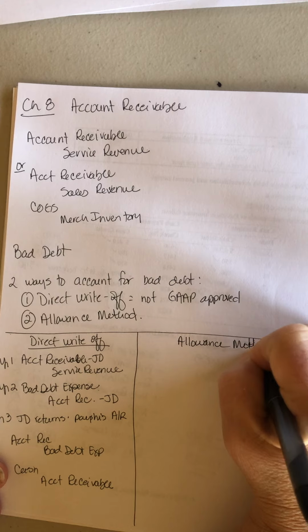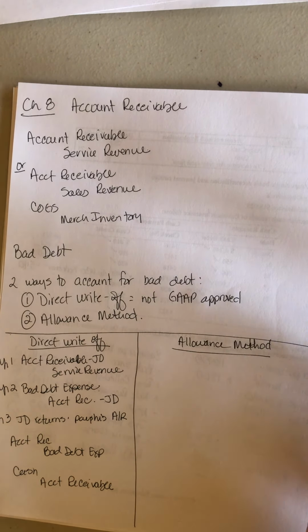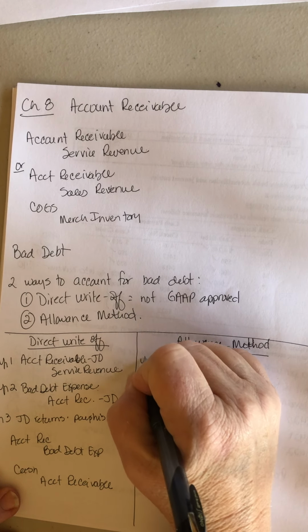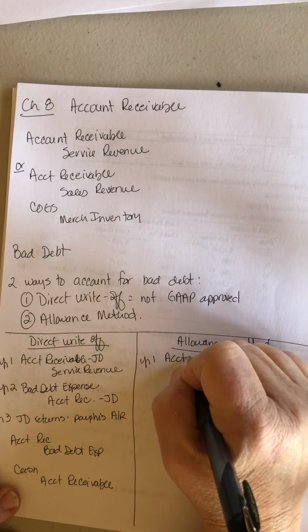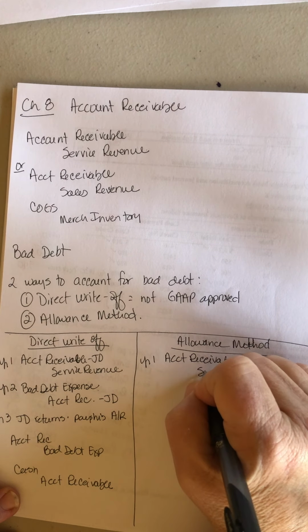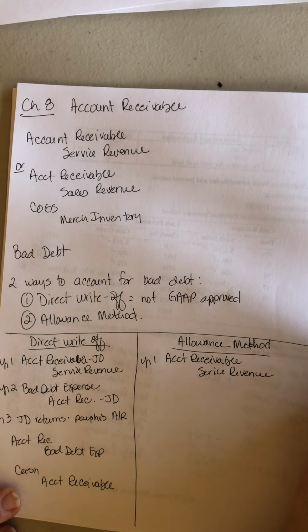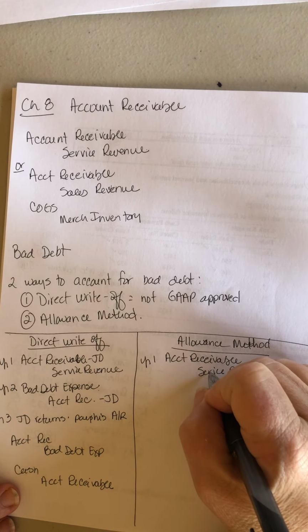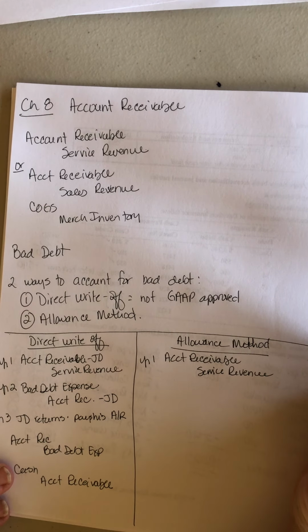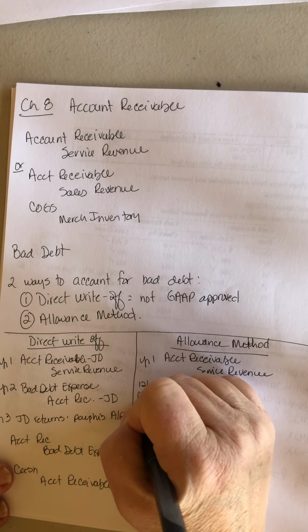All right, the allowance method records the bad debt expense in the year of the actual revenue, when the revenue is earned. So in year 1, we would still have the original sale. We would have a bunch of original sales. So we have accounts receivable and service revenue, or sales, whatever it is. Then at December 31st, I would make an adjusting entry